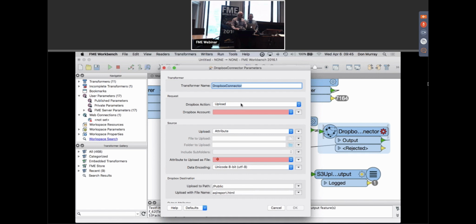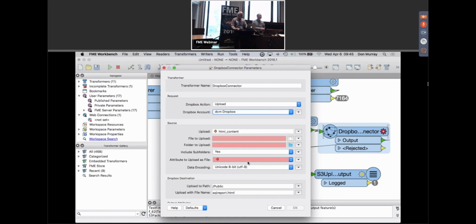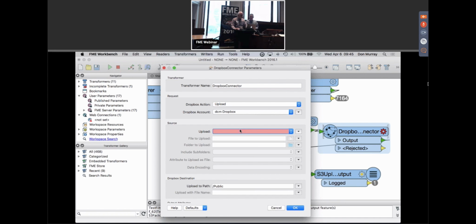And again, in this case, you can do a file if you had a hardcoded file. My account, there it is. You go through your OAuth dance to get that connected, and once you do that, you're good to go after that. Upload to... Oh, I did that again. Select Clear upload value. There we go. That's gonna change. And then that's all you do, and now it would be able to be uploaded to Dropbox